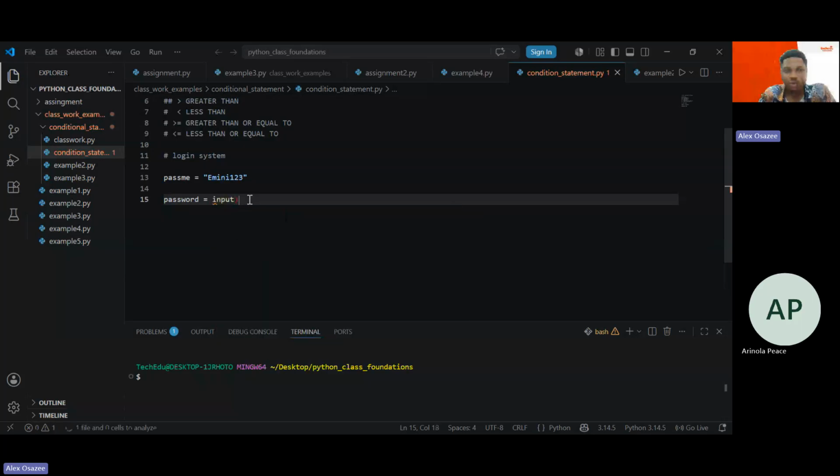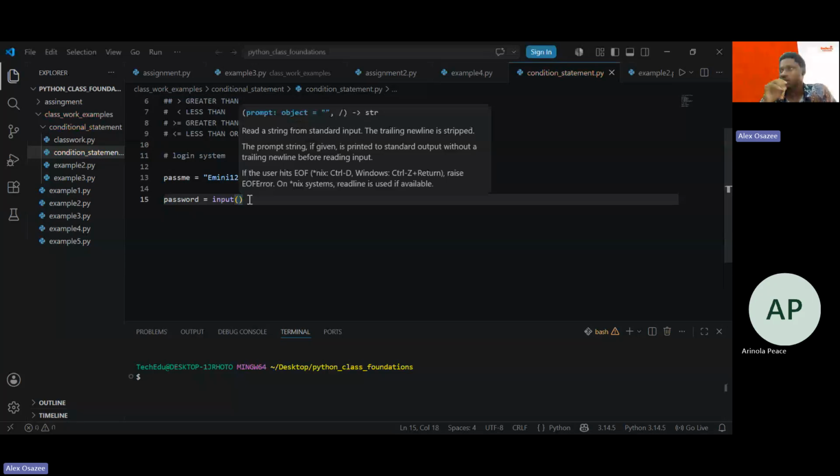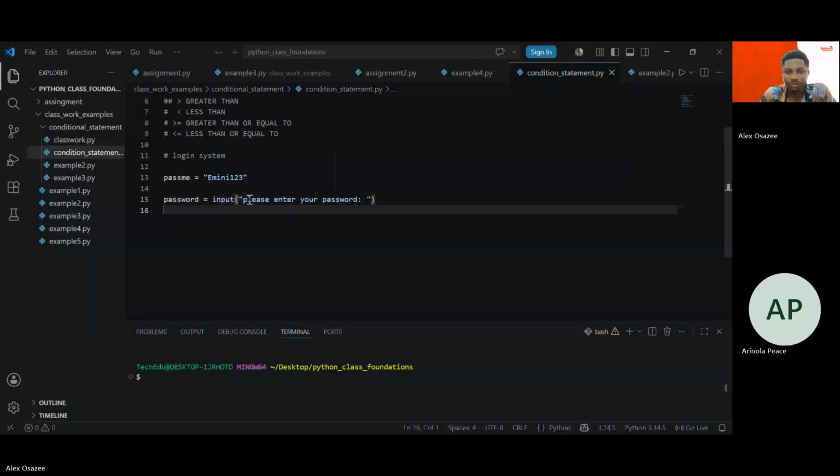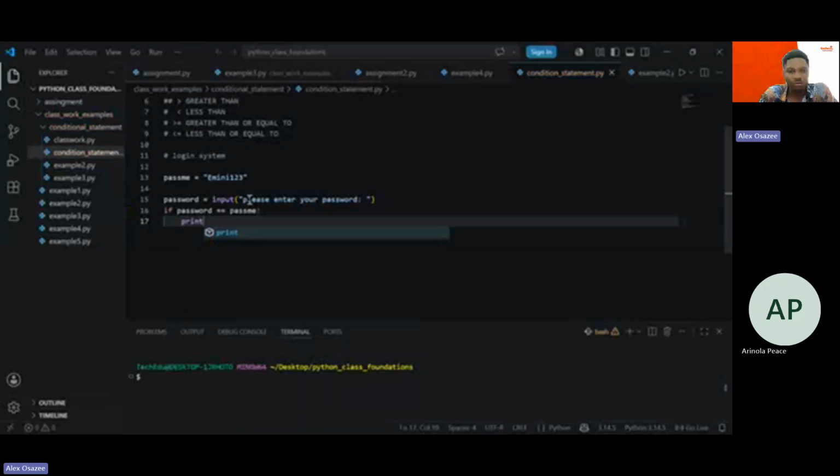When you are dealing with password, password is always treated as a string. It's not treated as integer. That's why that error was happening. Okay, so I'm going to say if password, okay, means just print